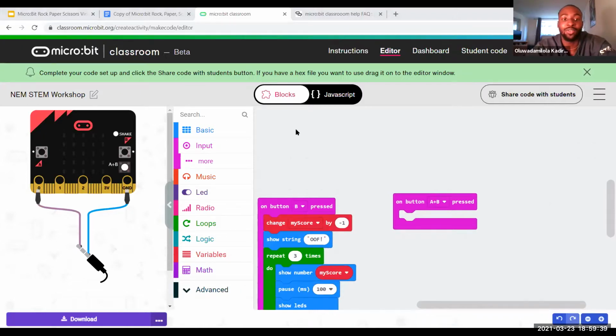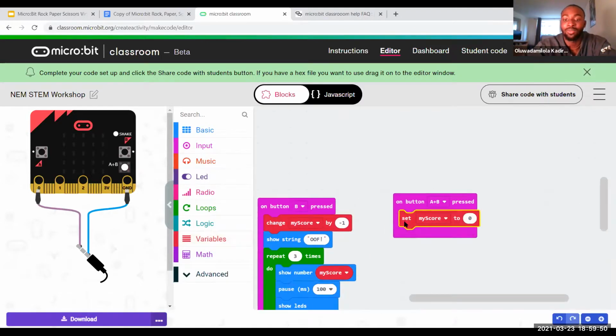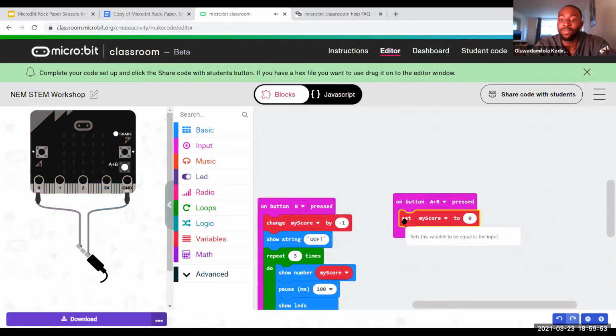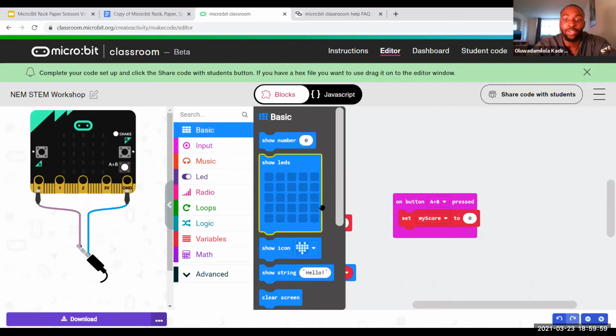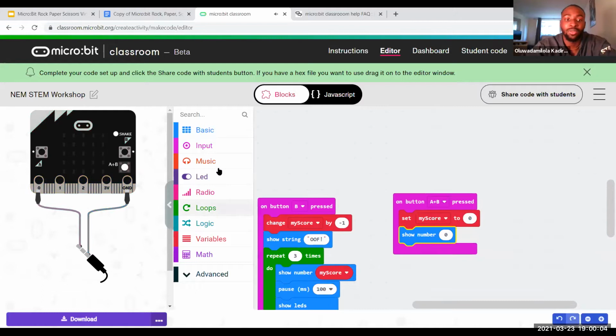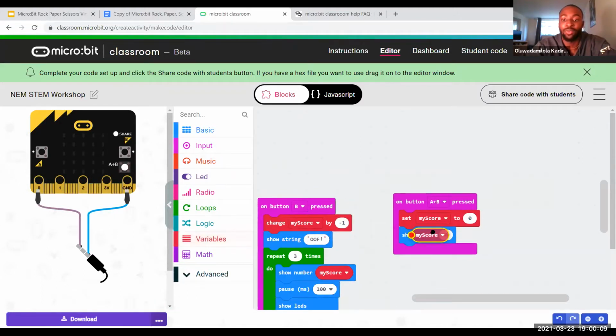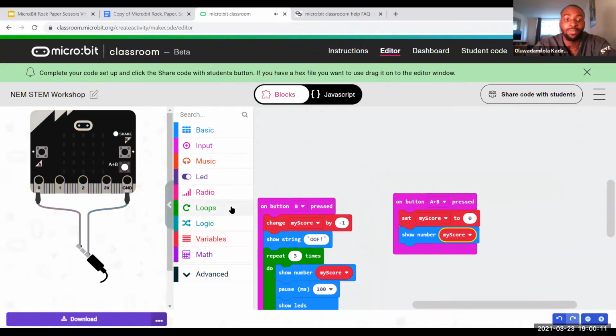So to reset your score, after putting on button A plus B pressed, you simply go to variables and select set my score to 0. And that'll set your score to 0. But you want to show your score on your MicroBit. So go to basic and select show number. And this will show us a number. And go back to variables and change that number from 0 to my score.